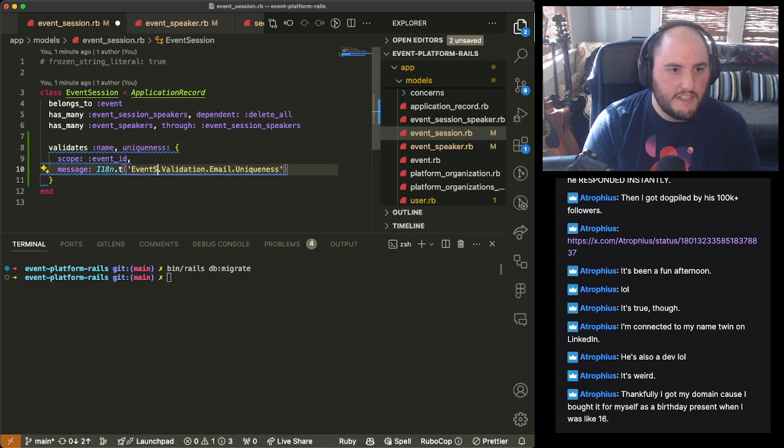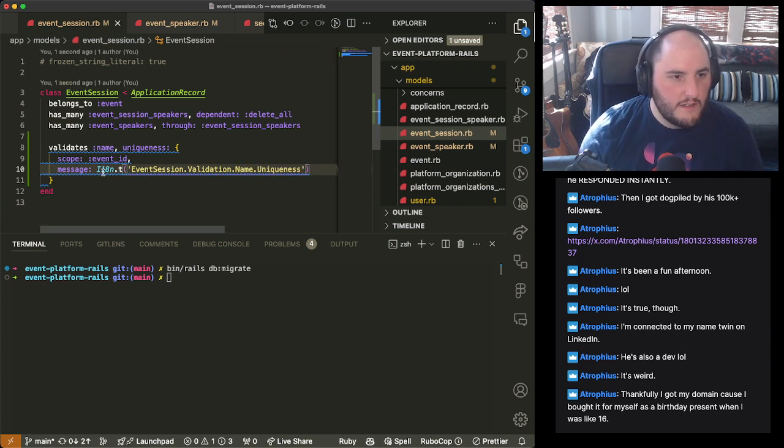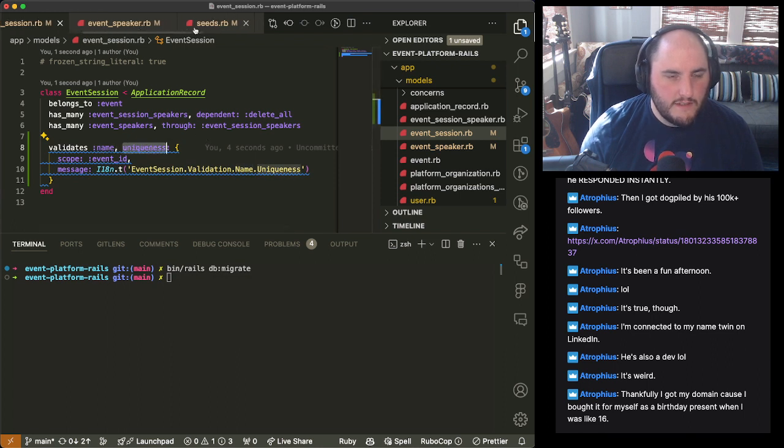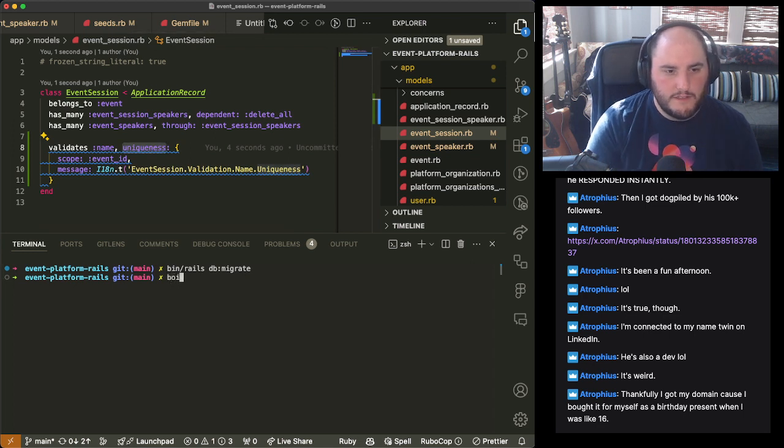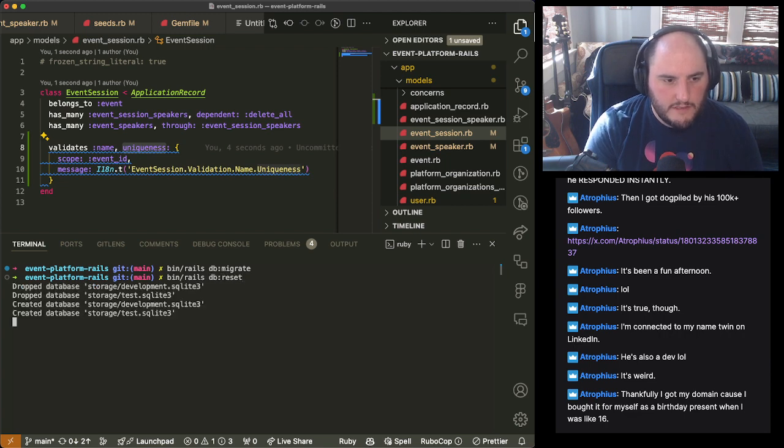This is event session now. And this one is name, so we can fix that much at least. But why is this mad? Scope is event ID. The name is unique. And that is correct. And we added that. Let's just do a bin rails db reset real fast.